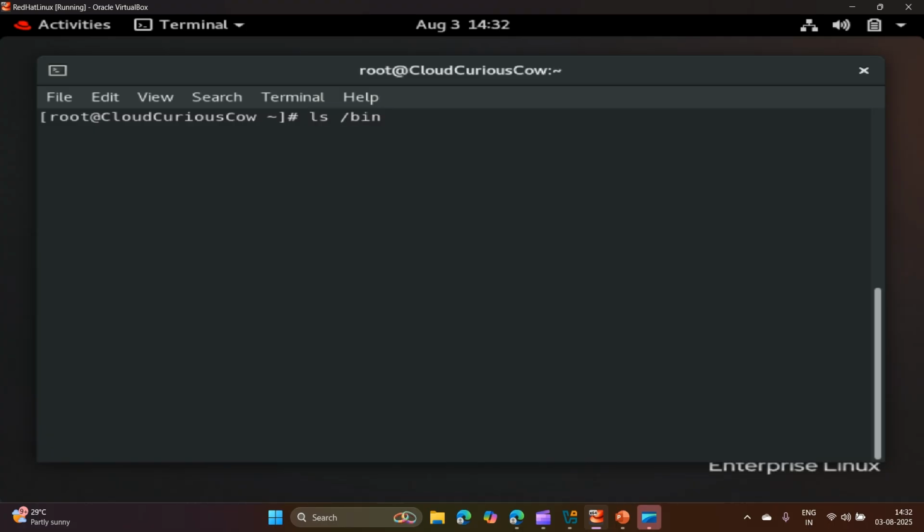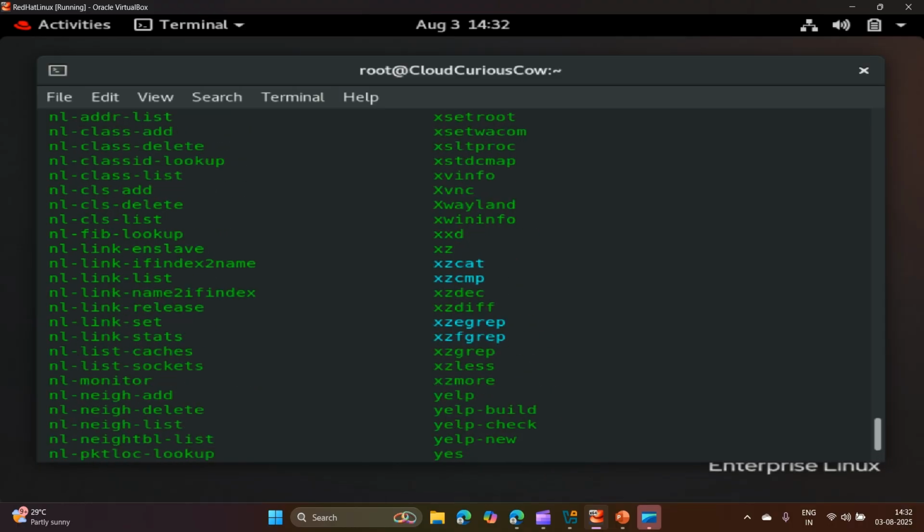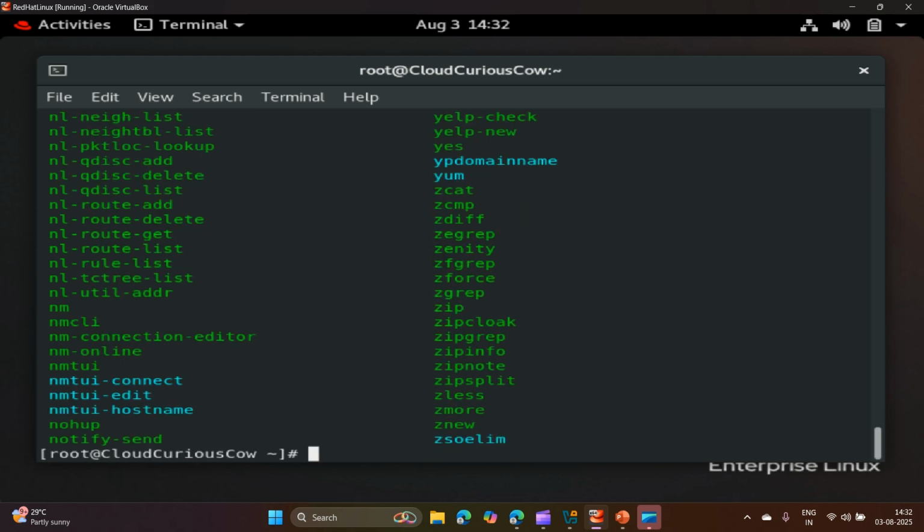slash bin. Yes. So in slash bin you can see there are multiple commands. Slash bin is where you will find essential user commands like ls, copy, move, etc. These are for regular users. Then next comes